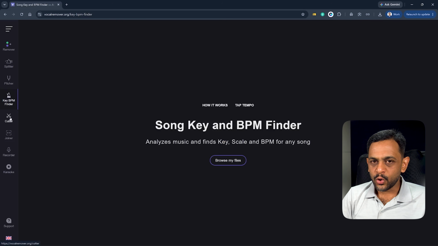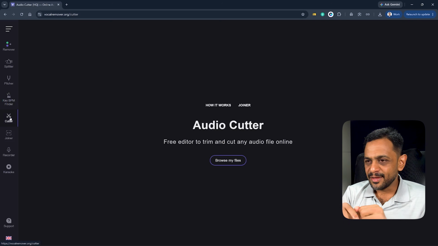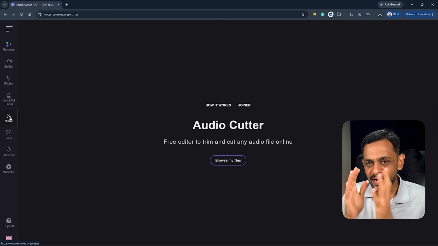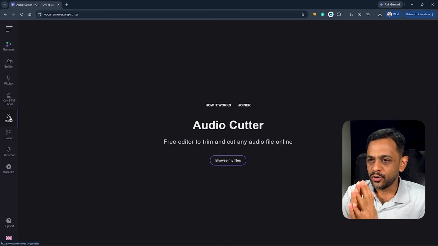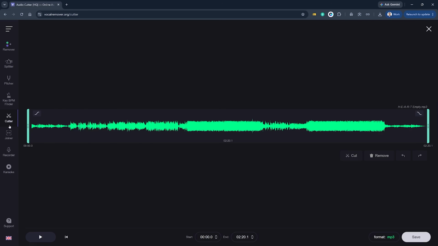Okay, now we have two of the important features that any musician may need, okay, or even content creators who want to add music, right, where you can either cut the audio or join the audios. Okay, so we have cutter and joiner. Again, cutter, you can get the music and then you can choose whatever you want. So let's say, for example,